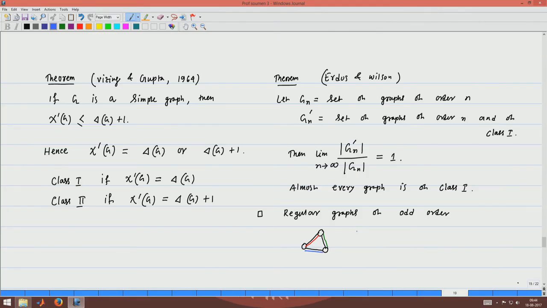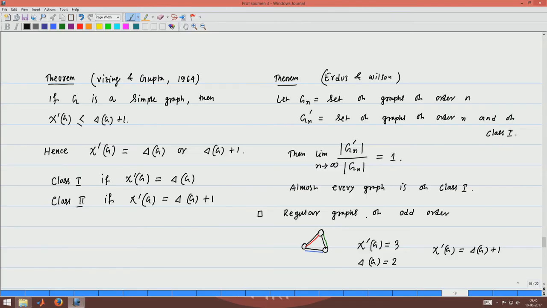So, we can see that the chromatic index of this graph, chi prime G, is equal to 3, and you see that delta G, the maximum degree, is equal to 2. So, for this graph chi prime G is equal to delta G plus 1.